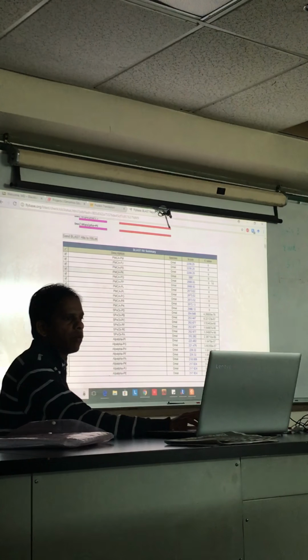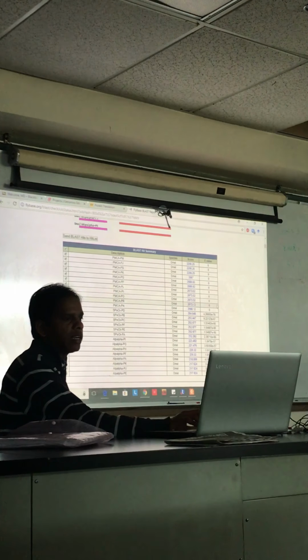1, 2, 3, 4, 5, 6, 7, 8, 9, 10, 11. All 11 isoforms have an expected value of 0, right? So whenever you do a BLAST search, always look for which one gives you a 0 expected value and the maximum score, right? So it has a maximum score that it is